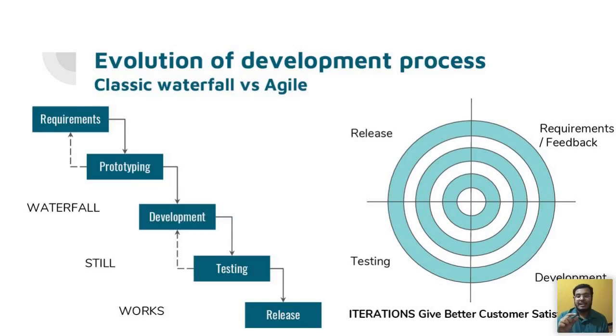So iterations give better customer satisfaction. You start delivering something really small and then a small increment. When I say iteration, it is a complete deliverable feature, meaning it is completely delivered to the user and the user starts using it by the end of this release. So say I start small, inside the smallest circle. That smallest iteration is usually referred to as the minimum viable product, MVP. So we'll build a small MVP, we'll give it to the users, we'll let them use it, and we come back with the feedback that forms the requirement for the next iteration.